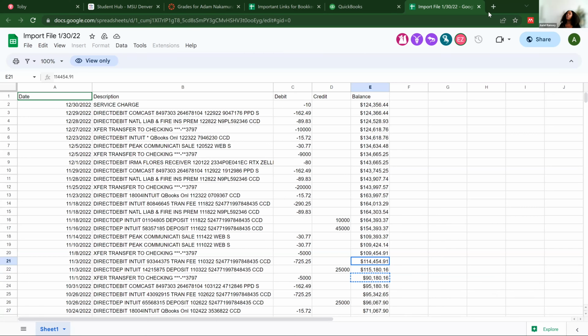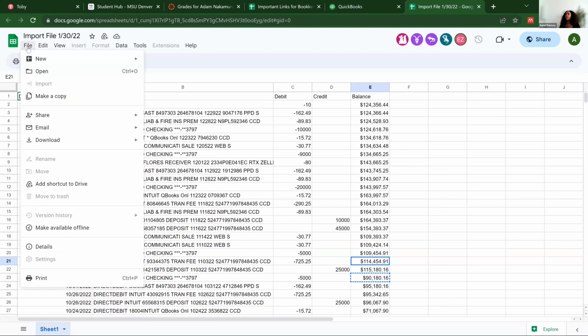Okay. What I want everybody to do now, let's go back to that spreadsheet, and I'm going to have you guys download it. The thing about whenever we download spreadsheets that we're going to use in QuickBooks is we have to download them in what's called CSV file. Does anybody know what CSV stands for? Anybody? CSV, it stands for, does anybody know? It is comma separated values. So it's just a type of